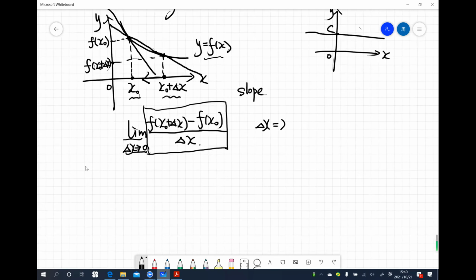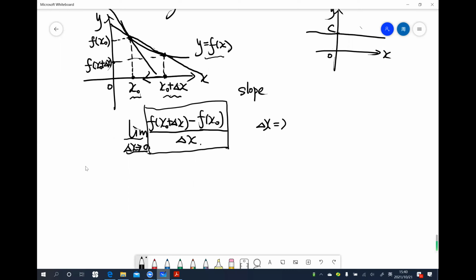So here, we know that the derivative means the tangent slope. The tangent slope at the point x0, f of x0. So that is the geometric meaning of the derivative. For example,